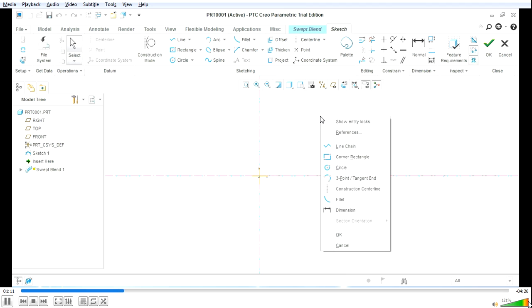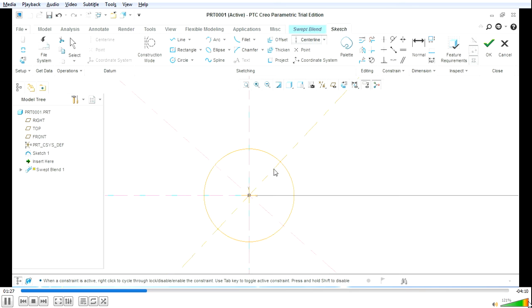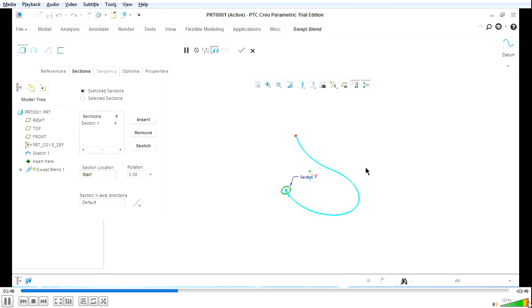The sketching plane for the section will be generated perpendicular to the trajectory at the start point. Start point is an arrow mark which is indicated on the trajectory. Now since section BB is an oblong which has 4 number of entities and vertices, your first job is to divide the circle into 4 number of entities. For that you sketch 2 center lines at an angle of 45 degrees and use the divide tool to divide the circle into 4 parts as we have done in the parallel blend tutorial.